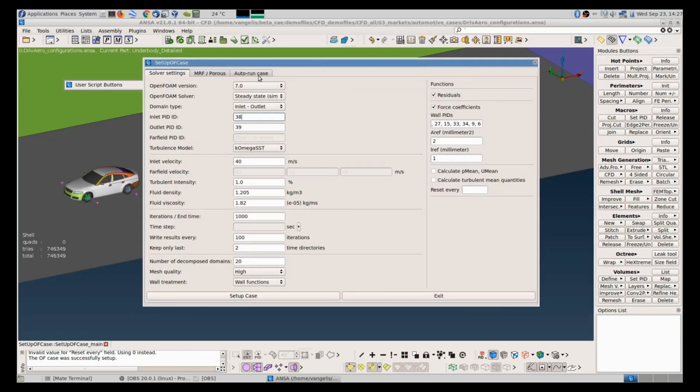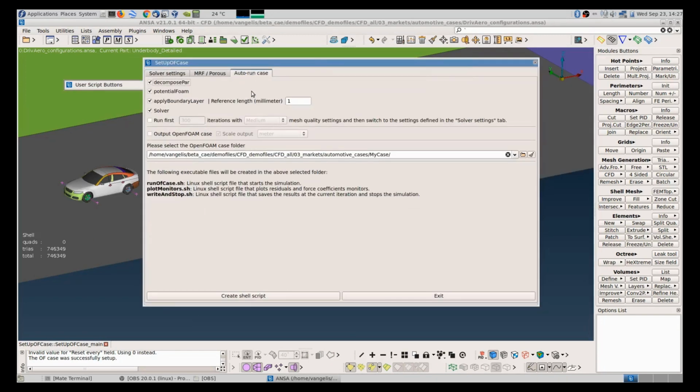In addition to that, once you set up the case, we have the auto run case option, where we can generate automatically a script that will execute all the OpenFOAM steps, which is to decompose the mesh, to run potential foam, apply boundary layer to initialize a boundary layer on the walls, and run the solver, right? And you can specify an output directory.